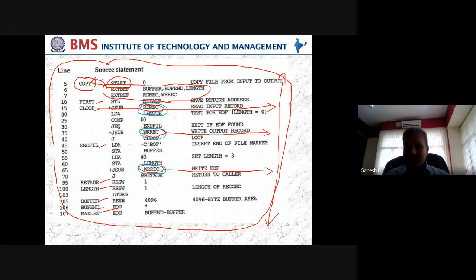But this is not an error, because it is not here, but it is there in some other control section. But how do you communicate that to pass one? That is possible using these two entities. You are able to see here EXT DEF and EXT REF. EXT DEF stands for external definition. EXT REF stands for external reference. So what do you mean by external reference? Right now, let me talk about external reference because definition will come back later.